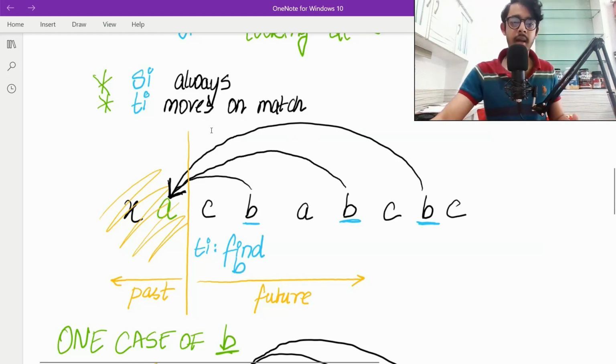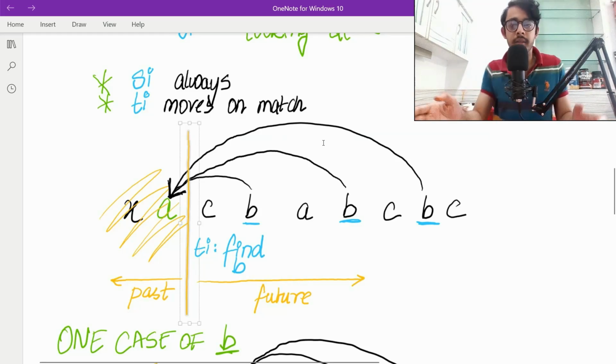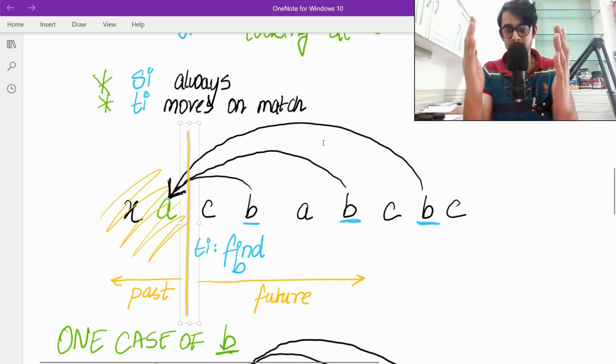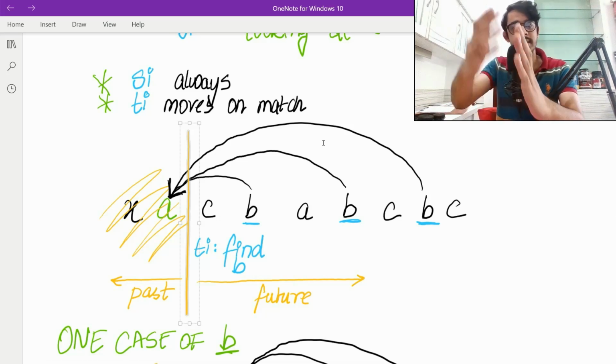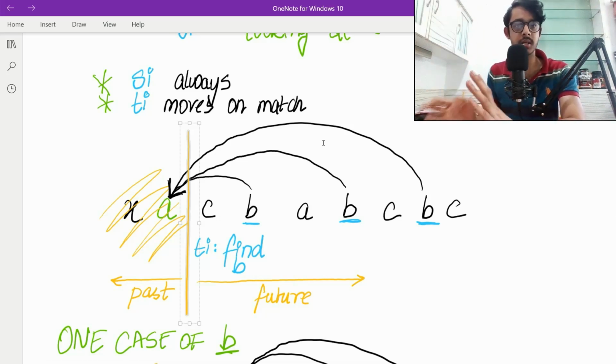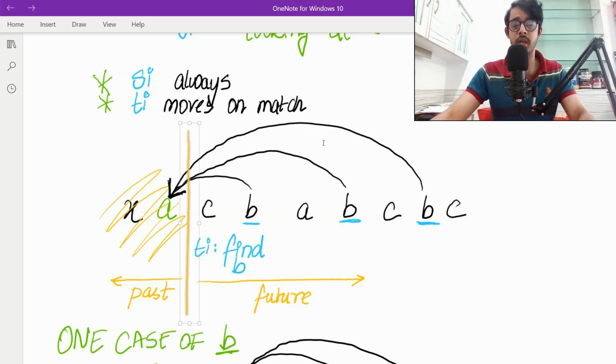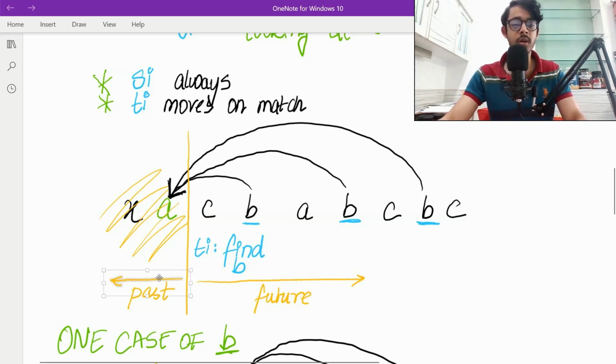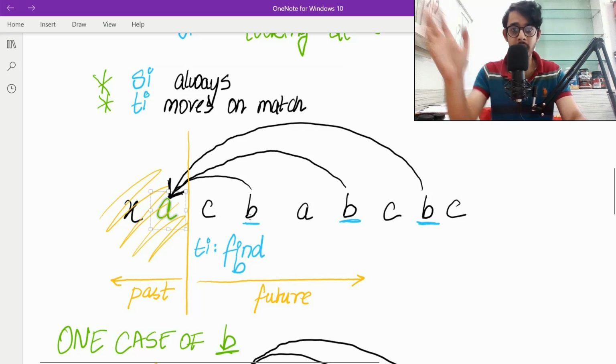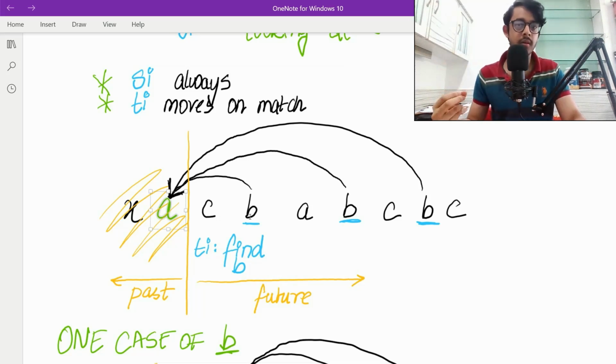Let's say that I am at this current yellow bar. The yellow bar says that I am currently at this point in time. All of the things that have happened before are my past, and all of the elements after this current time are the future elements. So I've split this time into past and future. What I'm trying to do is say, for one given particular A, can you find me all of the possible B's after it?